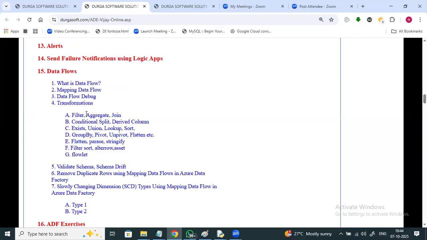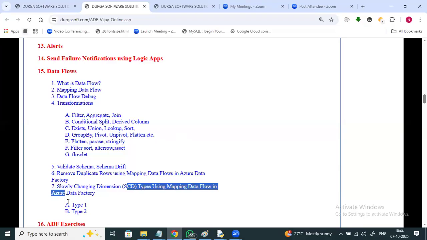Different types of transformations: filter, aggregate, join, conditional split, derived column, exists, union, lookup, sort, group by, pivot, flatten. Validating the schema. Remove duplicate rows using mapping data flows, and slowly changing dimensions.